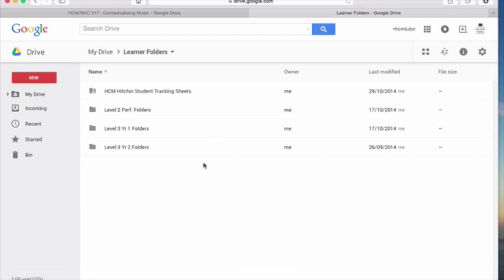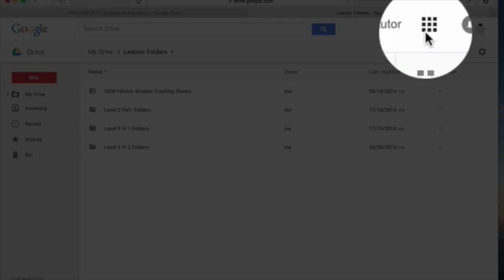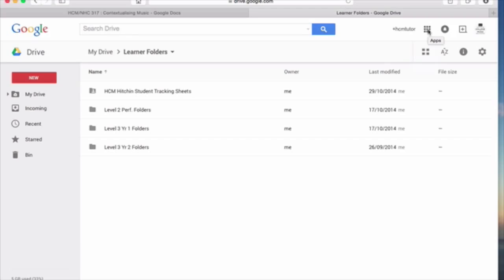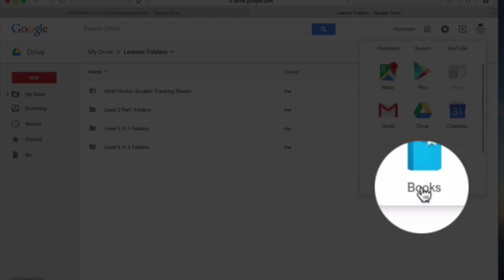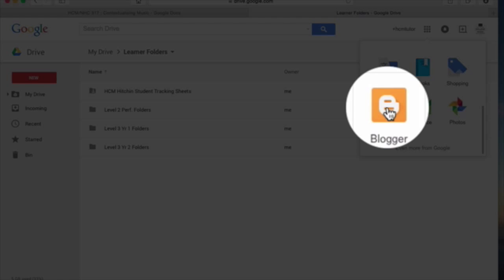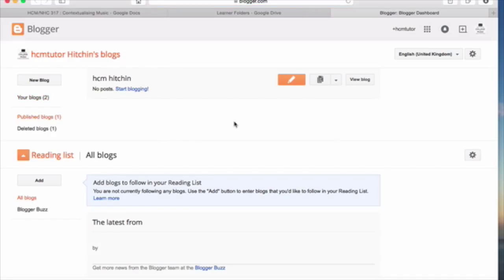Starting off then, assuming that you're looking at your G drive, which you associate with college work, which will look like this with your folders in it. If you go up to this square of 9 different squares and click it, go down to the button that says More, and then look for Blogger. If we go to the Blogger interface, which is here, we're going to create a new blog,